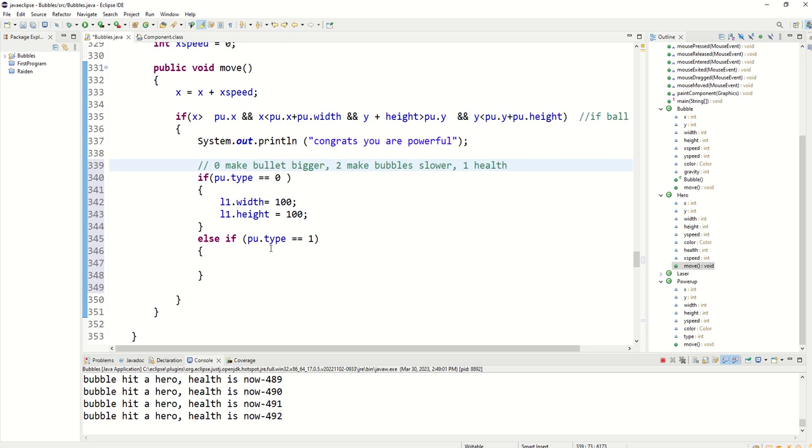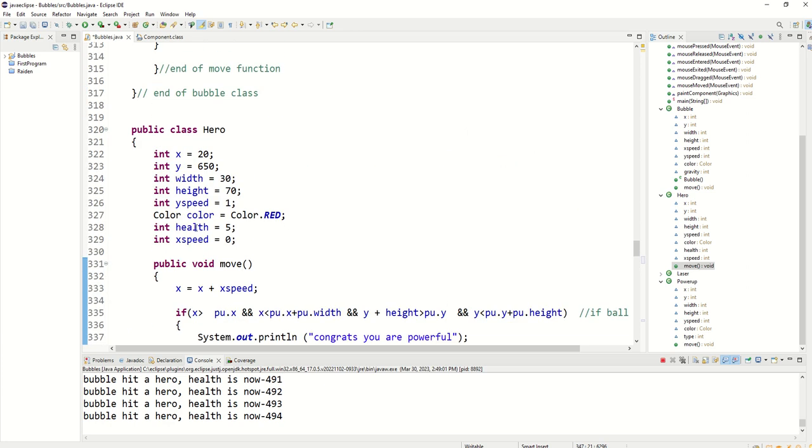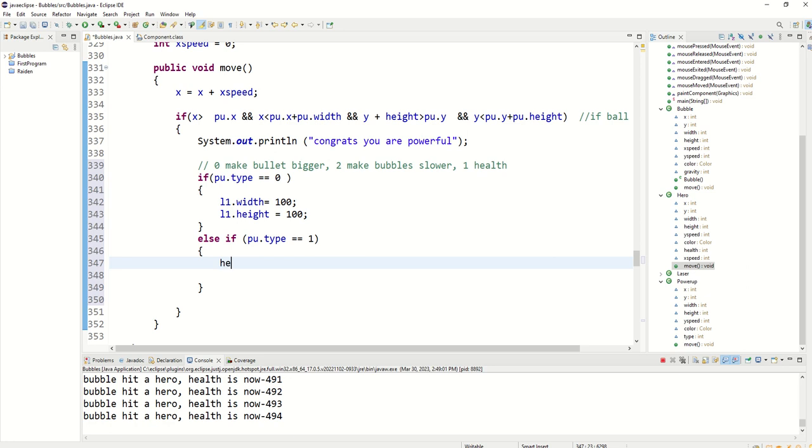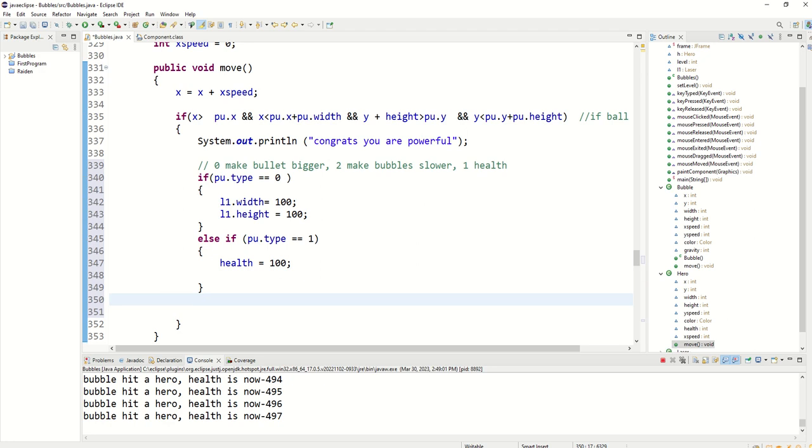First off, okay, 1 is just gonna make the hero's health bigger. Now, am I in the hero? I'm in the hero, and I have a health. Let's just set my health to 100. Okay, so there we go. That's the other one. And lastly, we're gonna slow down all the bubbles. Let's do that. Else, if pu.type